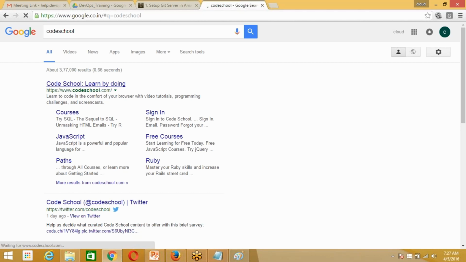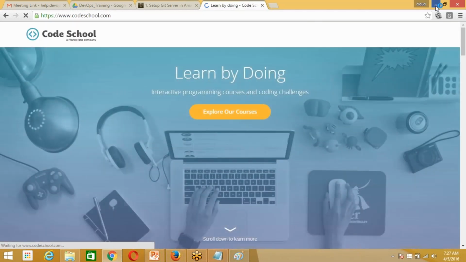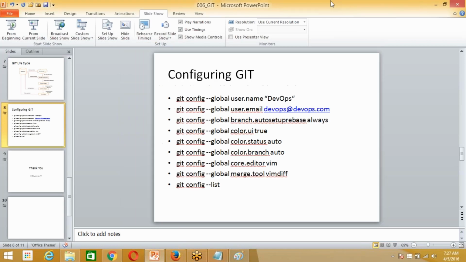See, when I run this command, the third command, I've entered the username and your mail ID. When I set the branch auto setup rebase always, it asked me to make it global.